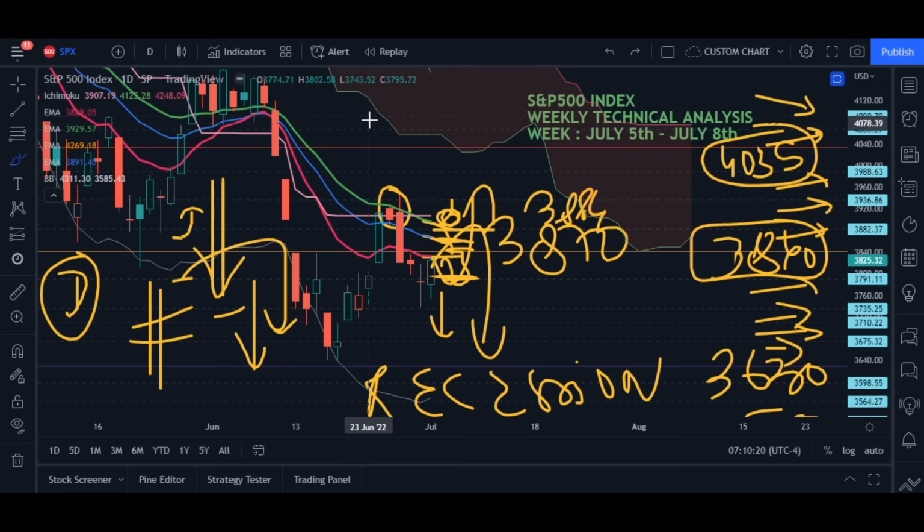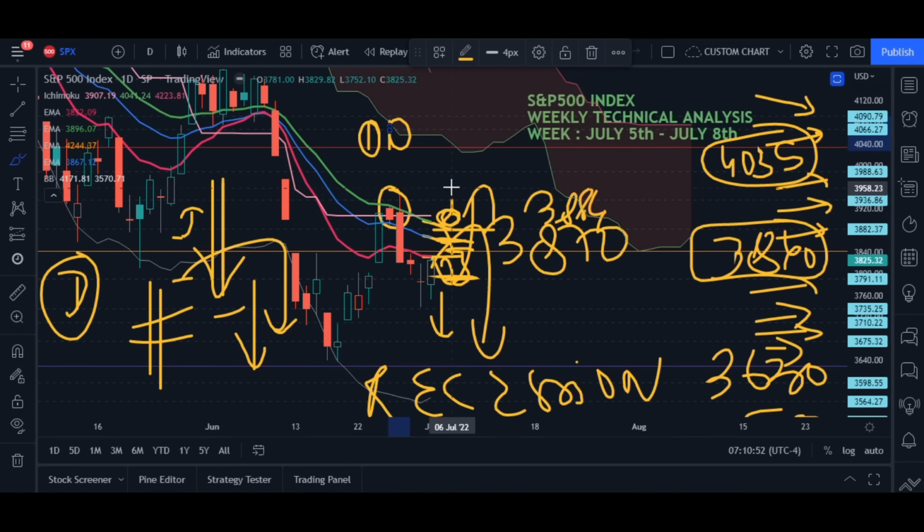Now there is a catch, and this catch is that we must see two bull candles, or rather two consecutive closings above all of these three moving averages on 5th and 6th of July. Then only can we say that the market is going to move up. But if there is only one closing above all of the moving averages on 5th of July,